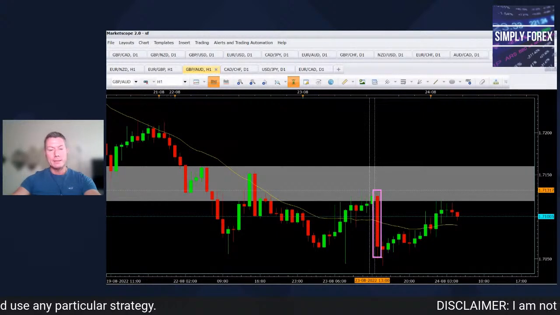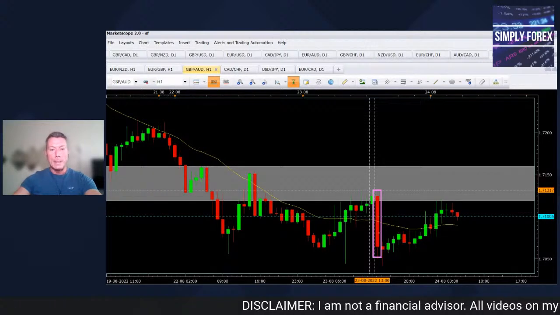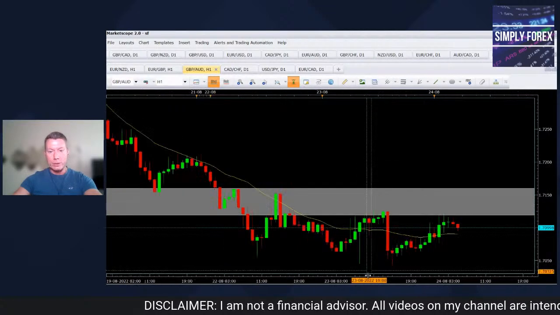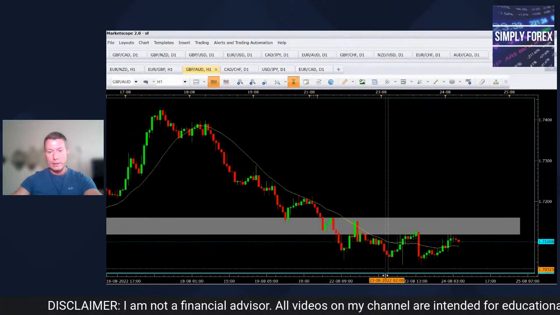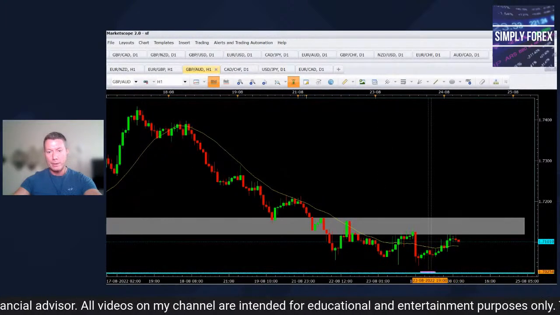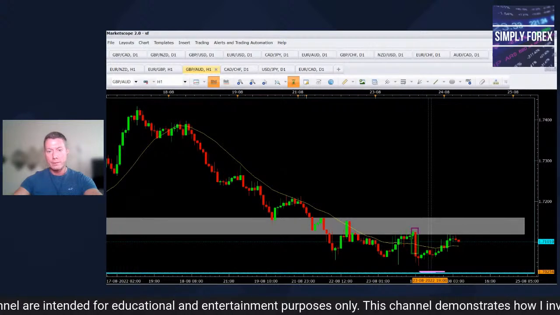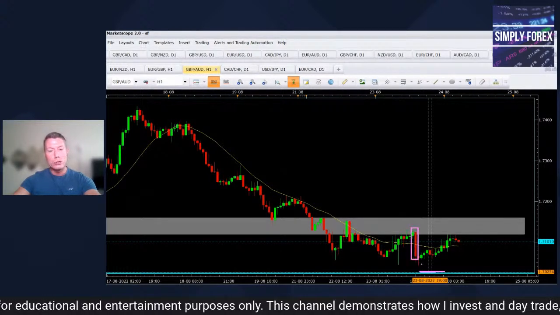So this is clearly telling us sellers are in control. But again, if I zoom out, guys, you can just about see our blue line there. See our blue line down the bottom here? You can just about see it. But when this candle forms, okay, it's a good entry candle.